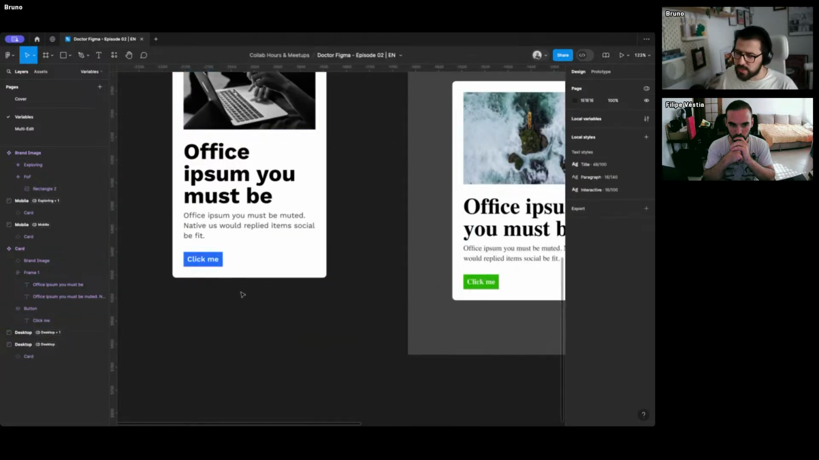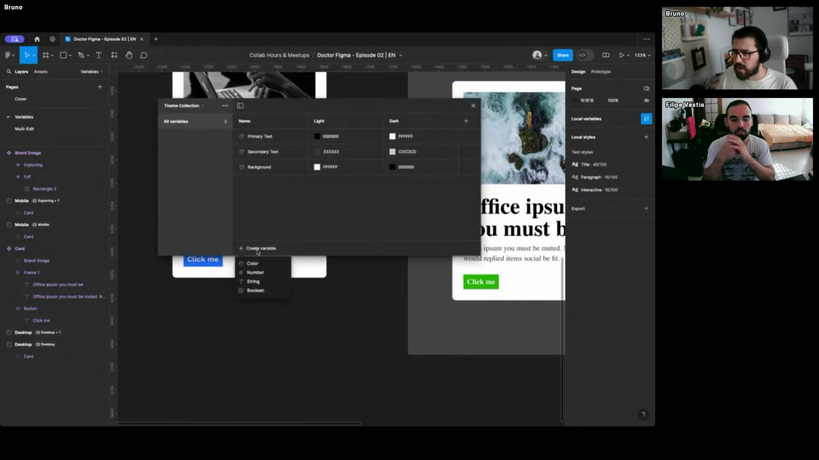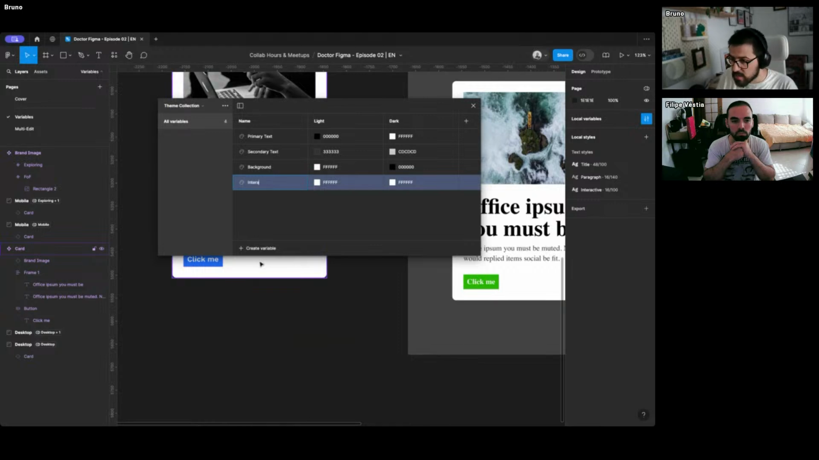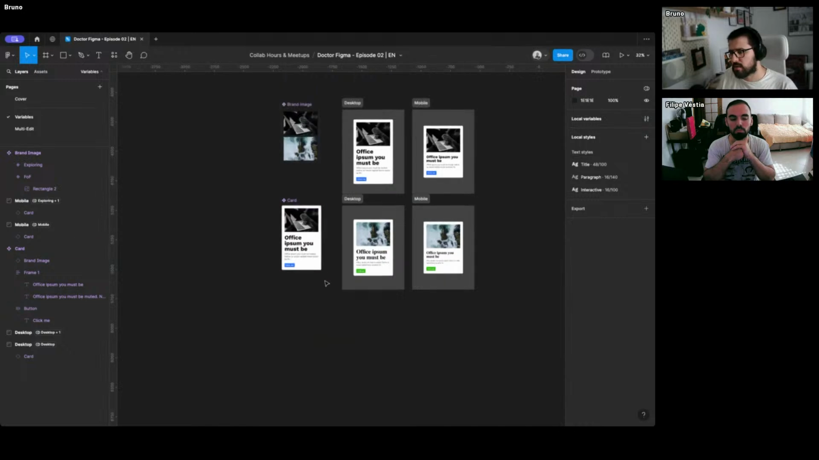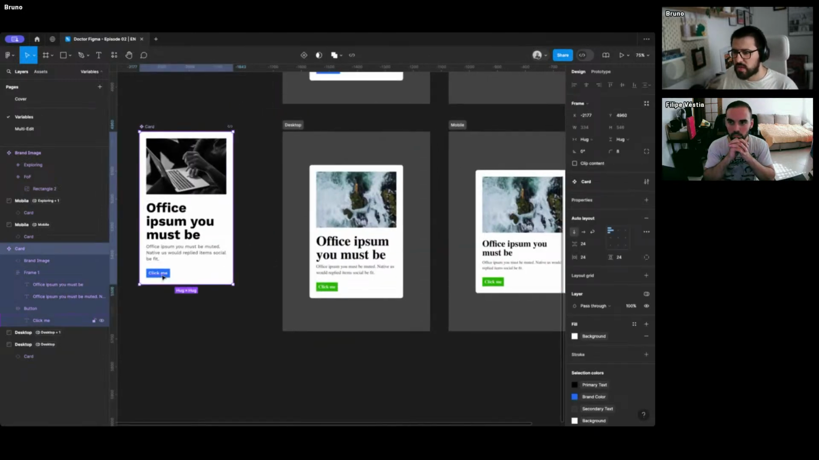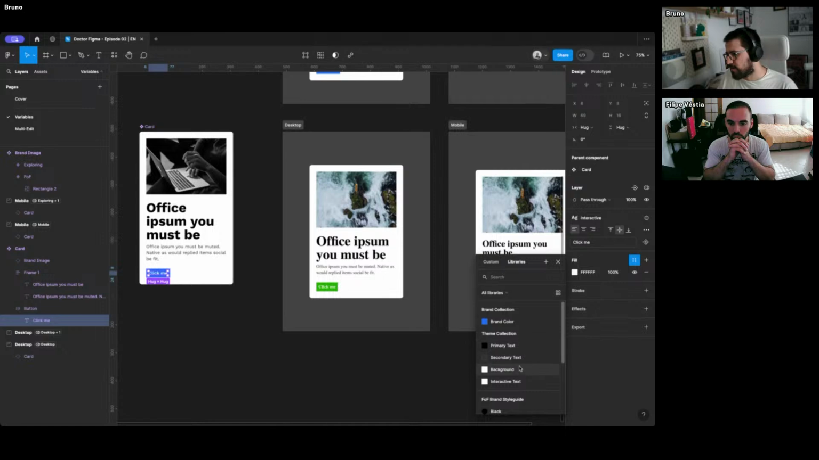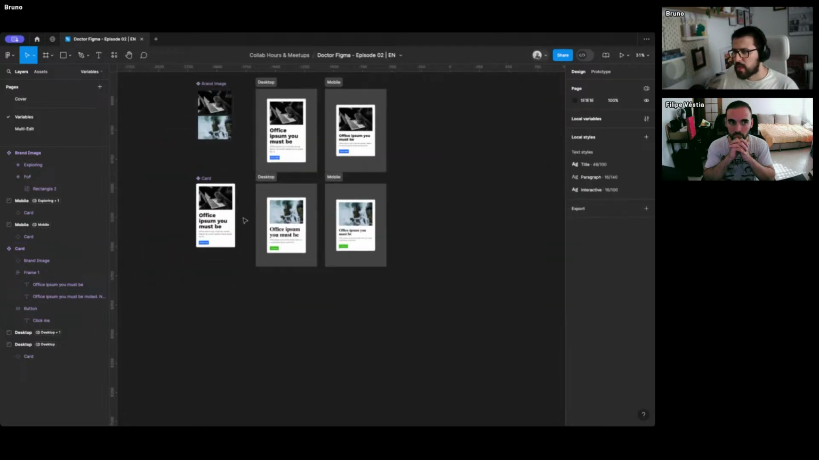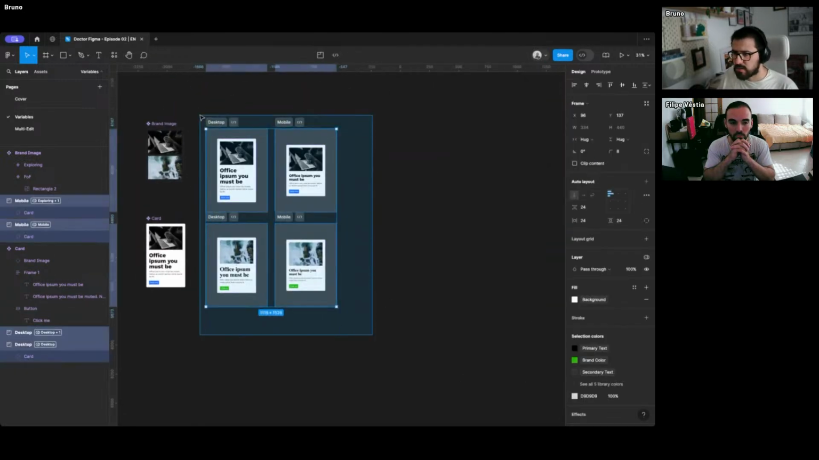well, actually, this one needs to be the CTA color, so I'm going to add another color here. I'm going to have it as an interactive text color. And this one is actually going to be white on both modes because we think that it works better in terms of contrast with the colors that we have. So with this done, we apply the last variable here, interactive text,